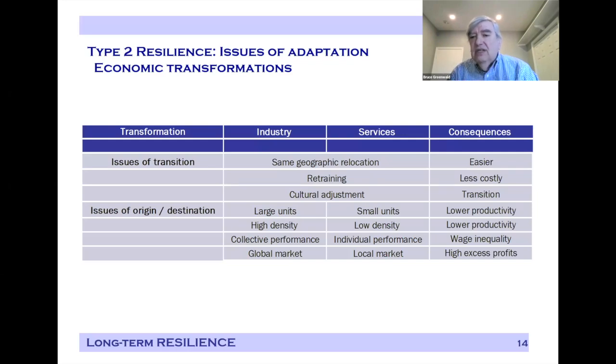But the origin to destination issues are much worse. So you go from large centralized units to small decentralized units, from high density production to low density production, and that makes generating productivity growth much more difficult. And you'll see that the consequences of that are absolutely clear in the post-transition economy. In services, you tend to have individual performance as opposed to collective performance, and that naturally leads to